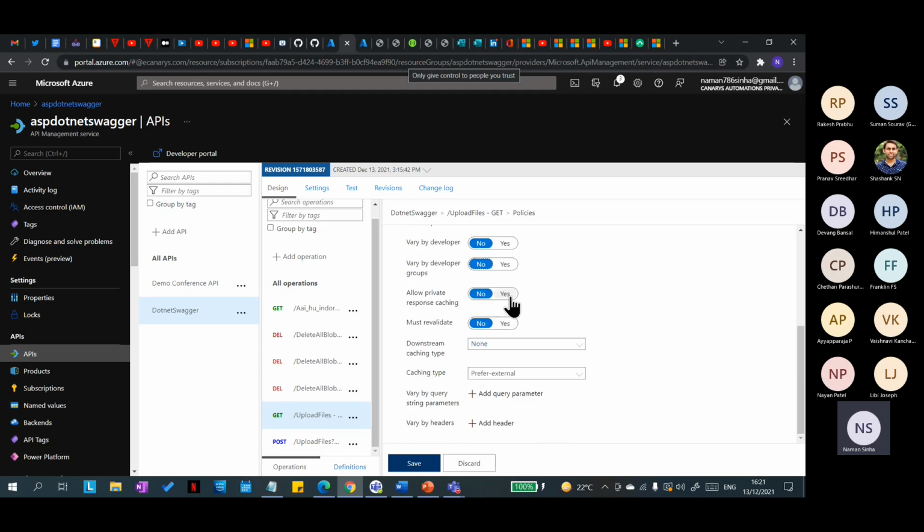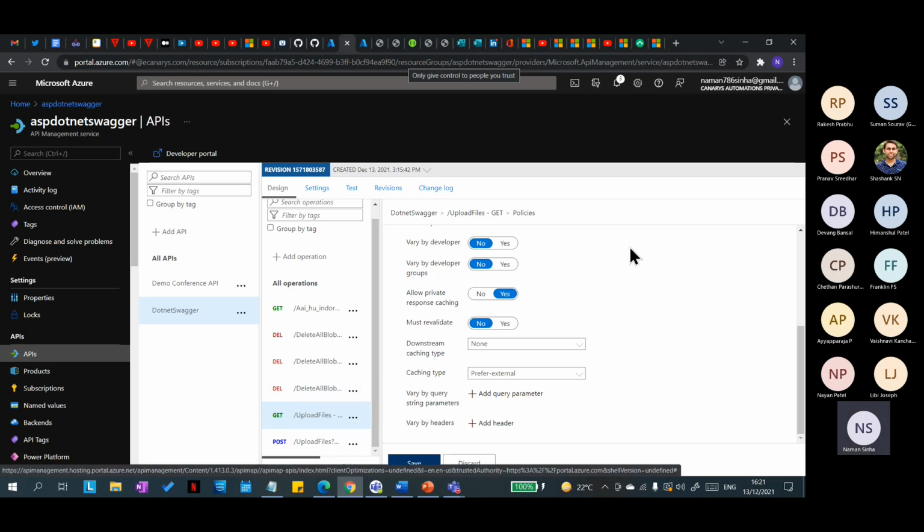Then there is allow private response caching. This is an important option which we must know. Assume these are some APIs. In the get upload file API, we are passing an authorization header to validate whether the API is being called from the right source, that is, whether the caller has the rights to call the API or not. Now, when we apply a caching policy to this operation, and this operation also takes the authorization token,